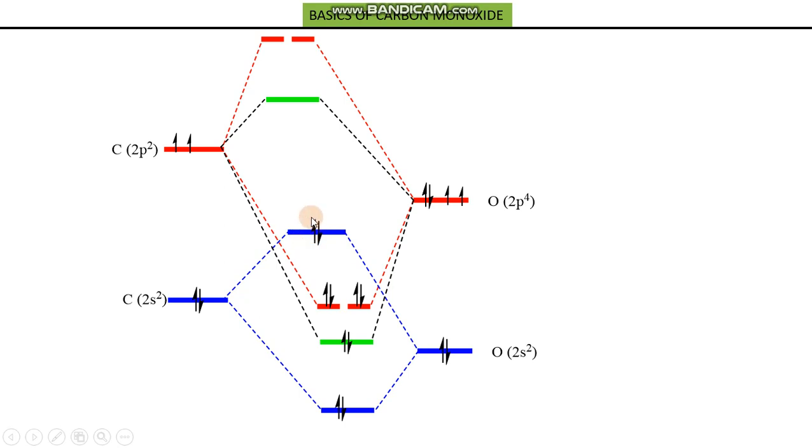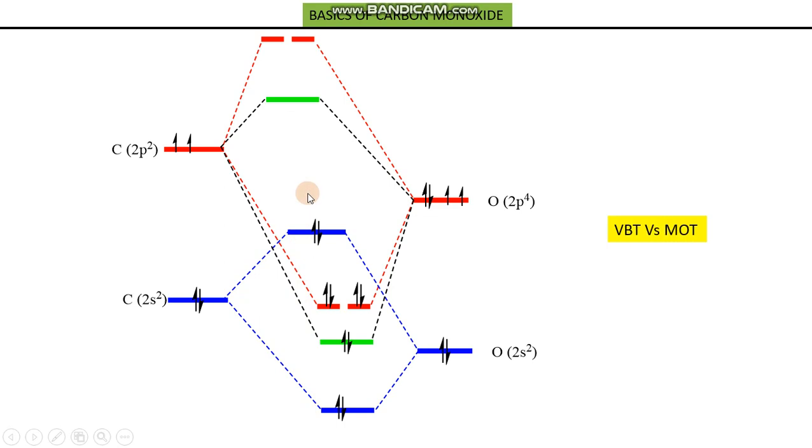So whenever we are talking about this pair of electrons, this pair will be donated by carbon, not oxygen, and this pair belongs to oxygen, not to carbon. So whenever this pair is involved in bonding, the business will be from the oxygen side, and if this electron pair is involved in any sort of bonding, the business will be dealt with by the carbon atom. Now, placing these orbitals in terms of energy, in this direction the energy increases.